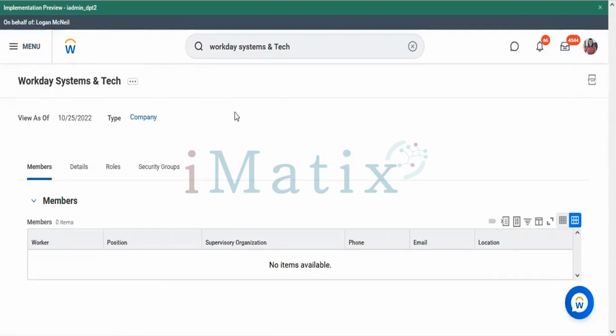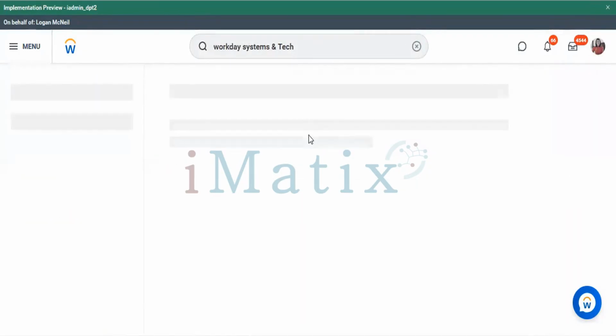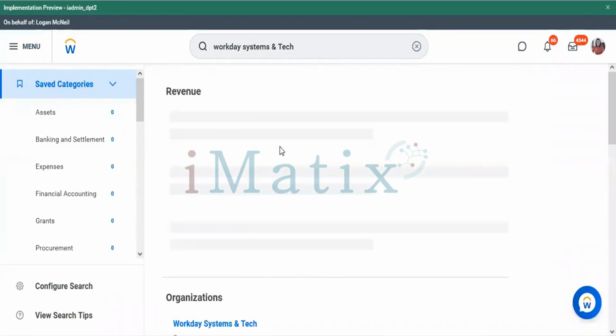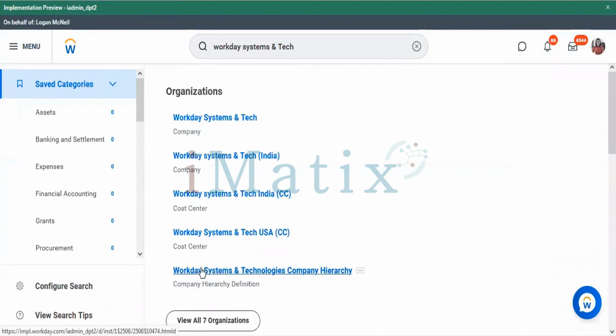I'm not seeing it. We created one company for USA and we have created one company for India. And similarly we have created a company hierarchy. I thought we had assigned it to the hierarchy. I'm not seeing that. As you see, this is a company hierarchy, and there's a company for India and this is a company for USA.